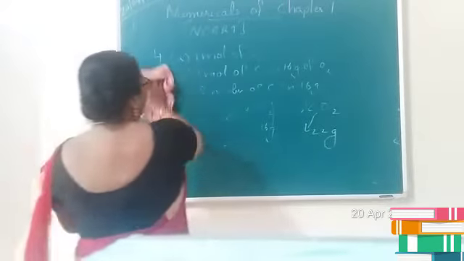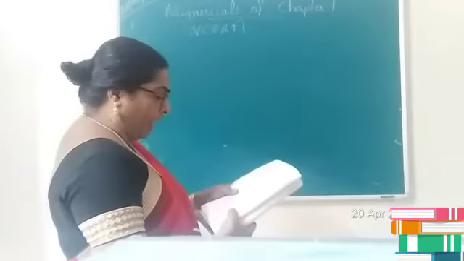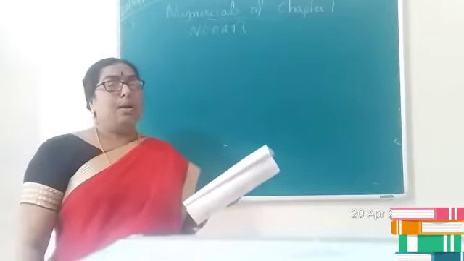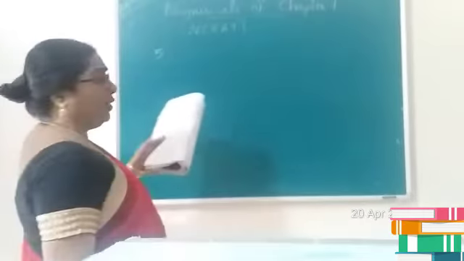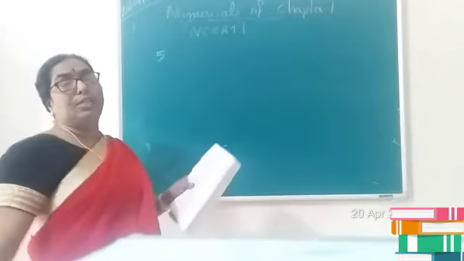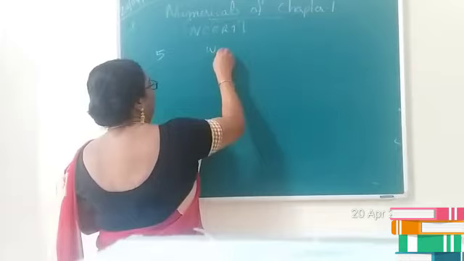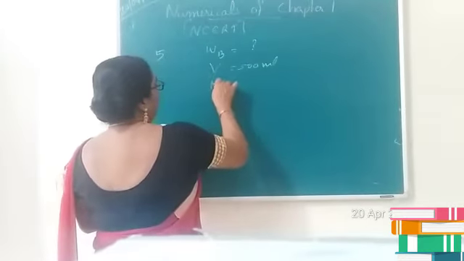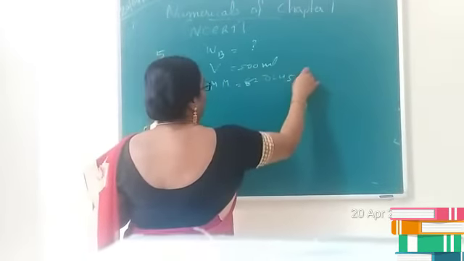Now let us consider the next question, that is the fifth question. In this case, it is asked to calculate the mass of sodium acetate required to make 500 ml of 0.375 molar aqueous solution. The molar mass is given as 82.0245. So the first step is to write the given quantities. You are supposed to calculate the mass of sodium acetate. Volume is given as 500 ml. Molar mass is mentioned in the question, that is 82.0245 gram per mole.